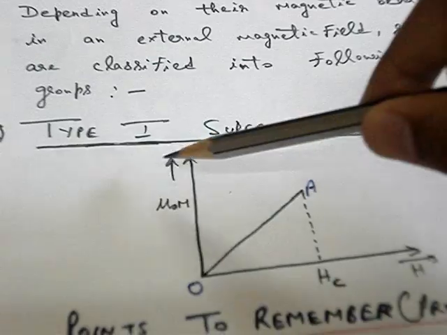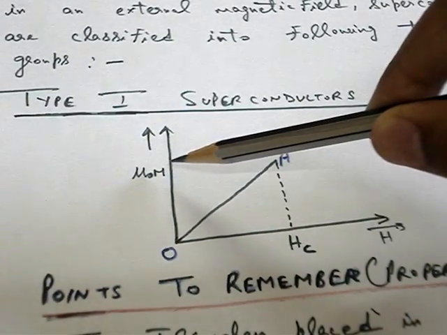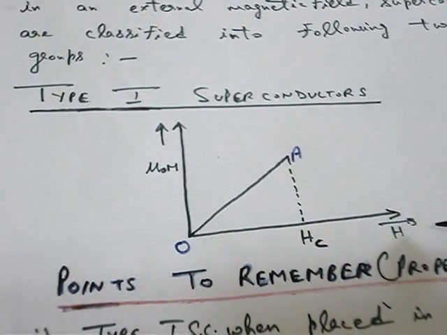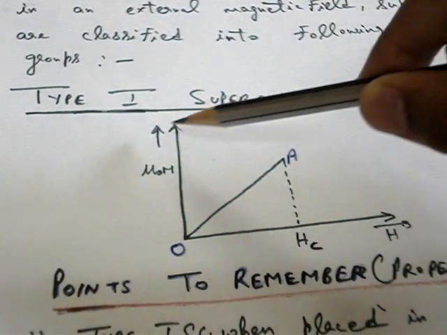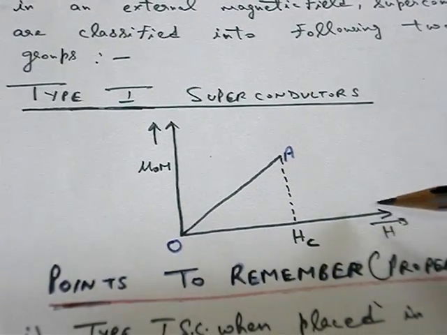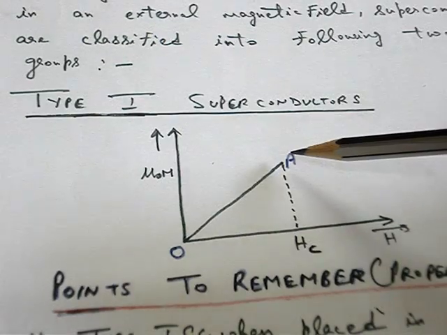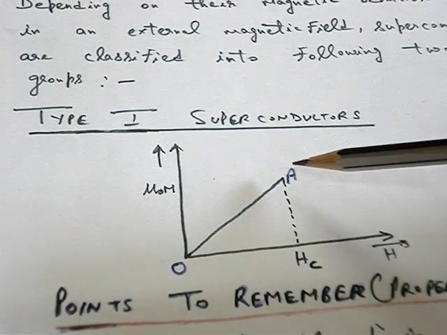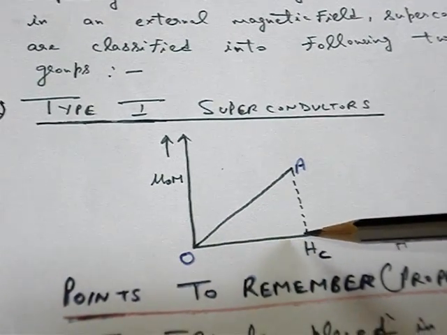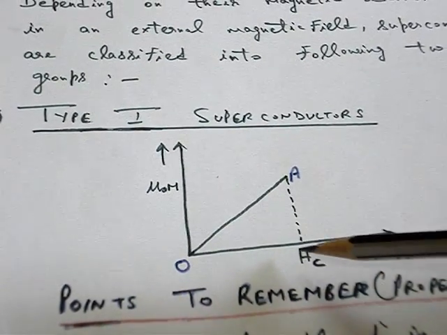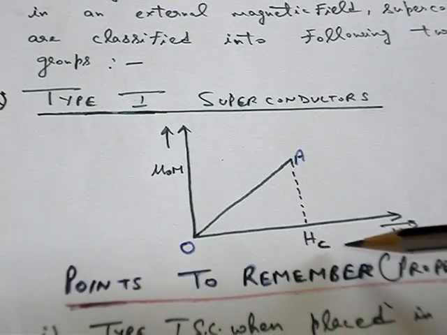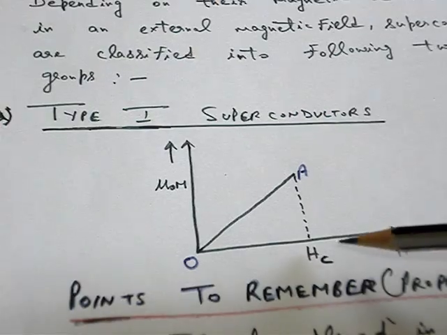Let us discuss the graph between M, that is intensity of magnetization, and H, that is applied magnetic field. Here a superconductor is placed under the influence of an external magnetic field. You can see from the graph that at point A, superconductivity is lost abruptly to zero, that is at Hc, and by definition Hc is known as the critical magnetic field, that is, the value of magnetic field at which a superconductor becomes